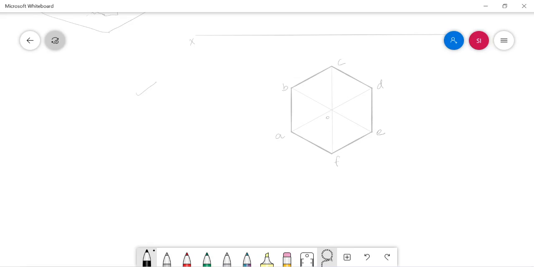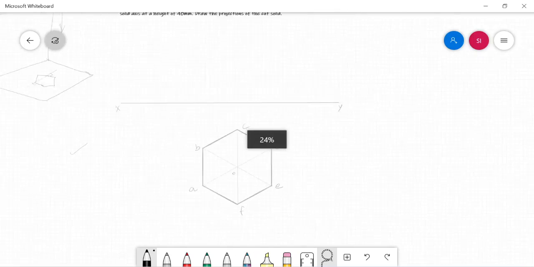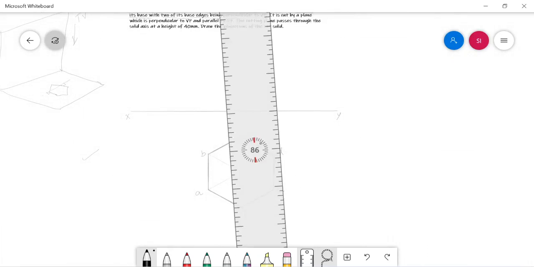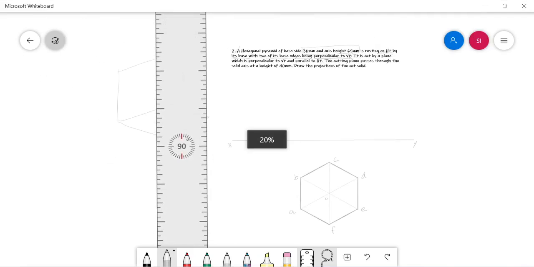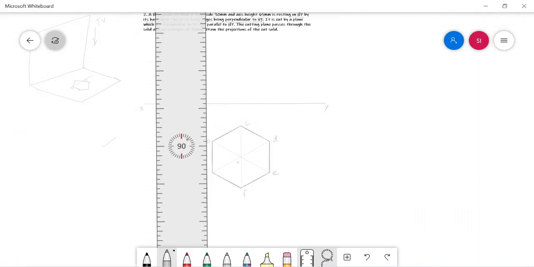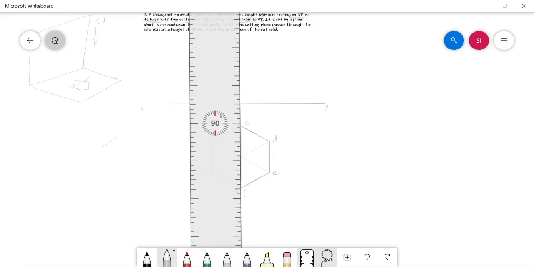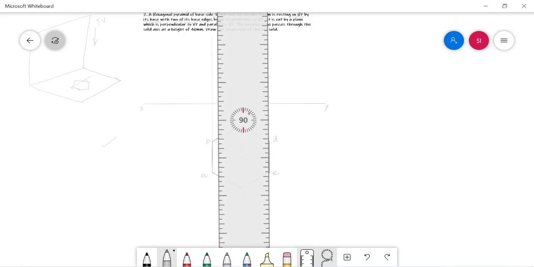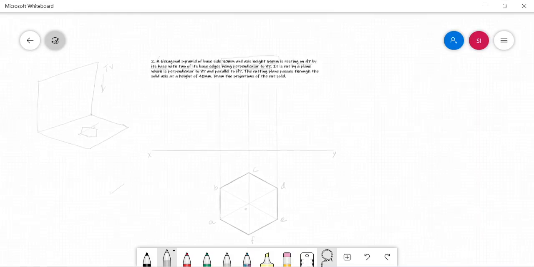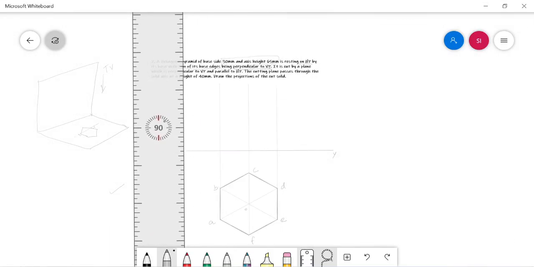And now in order to draw the front view of the solid, I need to project each and every corner in the top view. Now, the axis height of the solid given is 65 mm. For the height of 65 mm, I need to mark the apex point of the solid.